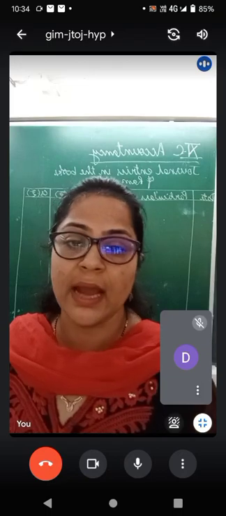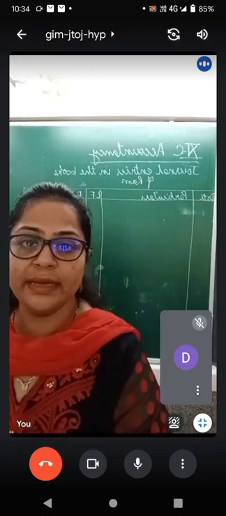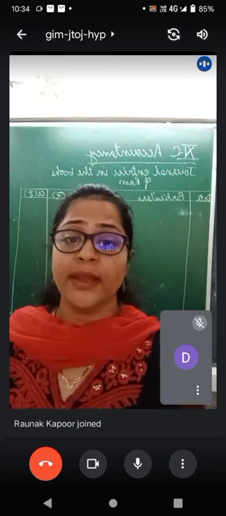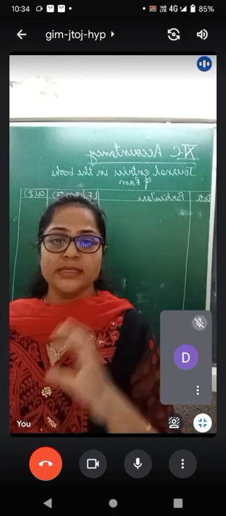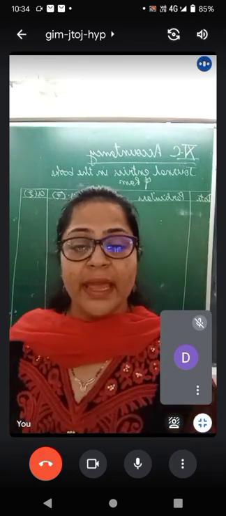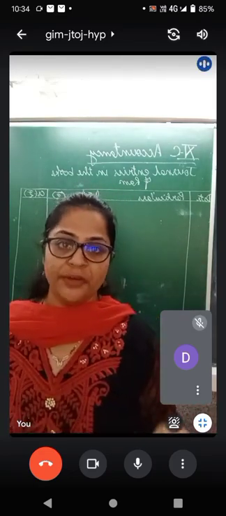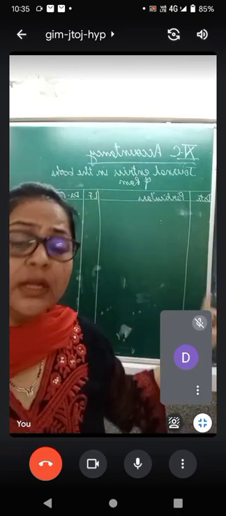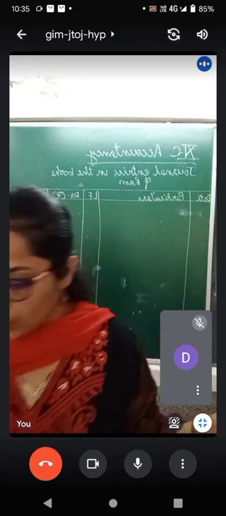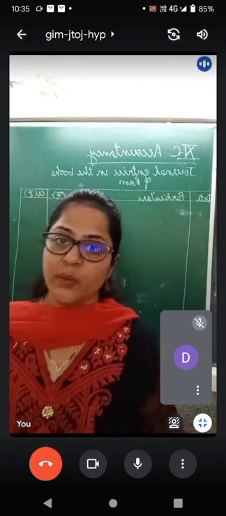Now before doing that, it is very important to know that there is a certain format of writing things in the language of accounts. It is very important to find out what is the proper format, how the table is to be made, inside which the accounts are to be written. So here is a format of journal entry. Please make this very neatly on a new page. Then I will discuss the question with you.